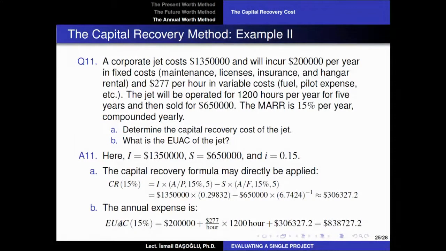The equivalent uniform annual cost under 15% is: so we have $306,327 of the capital recovery, plus we have a $200,000 of fixed cost per year, plus we have 1,200 hours times $277 per hour variable costs. And when you add these costs, you will see that the total equivalent annual cost is going to be equal to